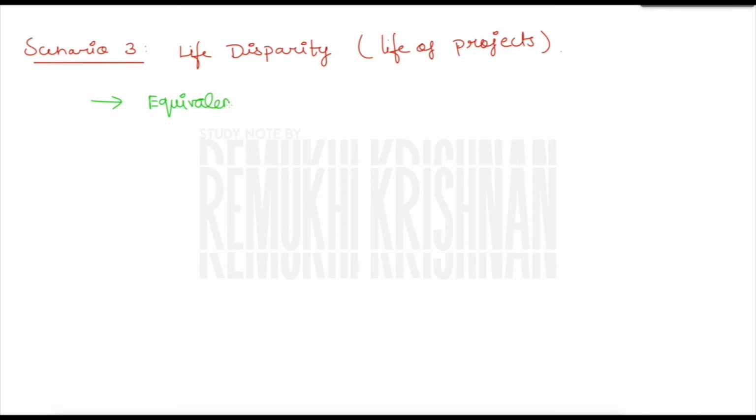Here the step is very simple, guys. Only one thing you need to compute is the equivalent annual benefit. In case your project is provided with the complete set of costs, then you're going to find your equivalent annual cost. So either you find the equivalent annual benefit or the equivalent annual cost. Let us see the formula.